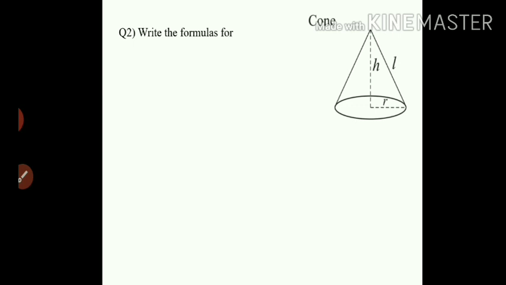Now in the diagram you can see for cone we have slant height as L, the perpendicular height will be H, and the base of a cone is a circular part, so we have radius as R. So first we have to find the slant height. The slant height for cone is, that is, L square is equal to R square plus H square. The space is provided for writing, so please write it down.